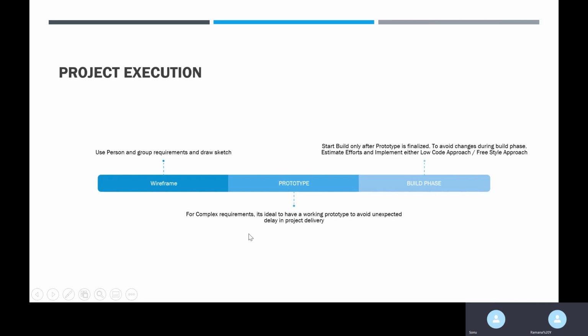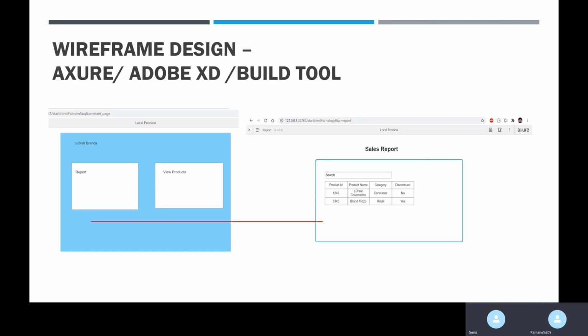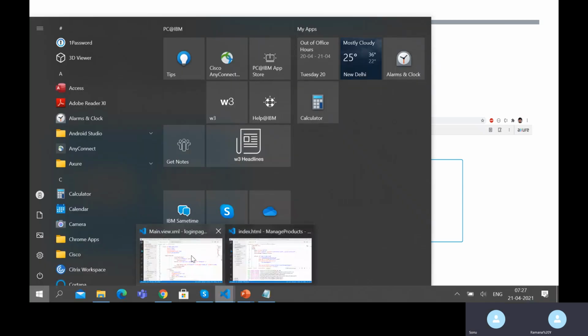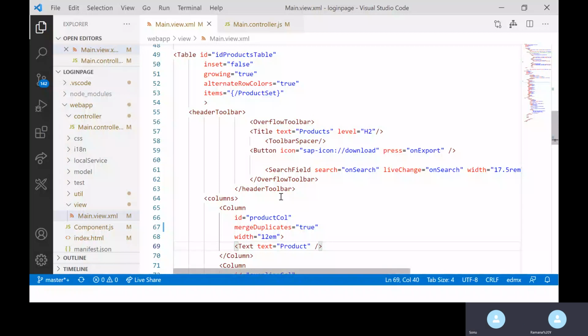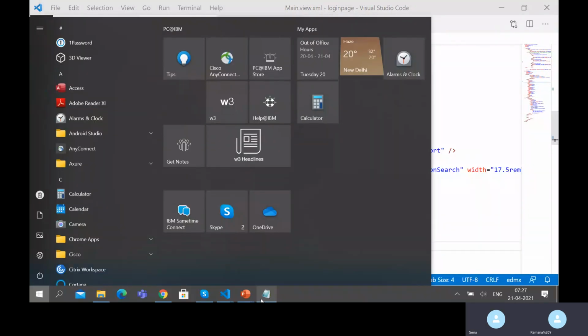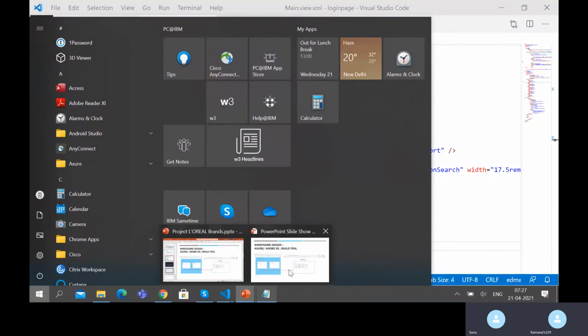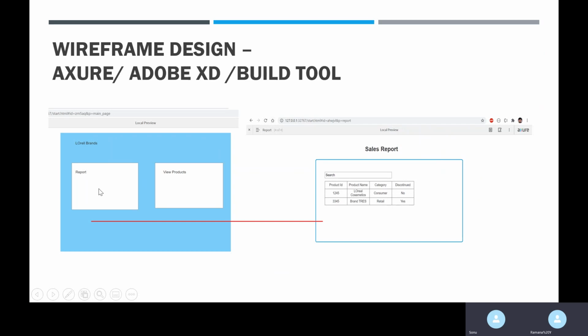the wireframe, and then the prototype. So literally we design this prototype. Once we have the prototype, now we'll start building the application, right? So here, in this case, we have two applications. One is report and then manage products. So this is our first use case where we'll try to